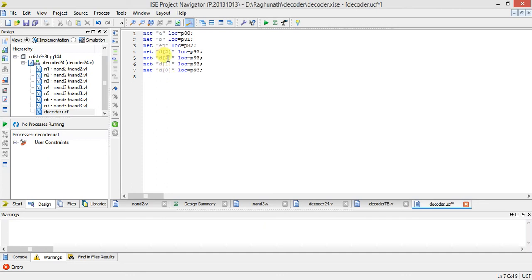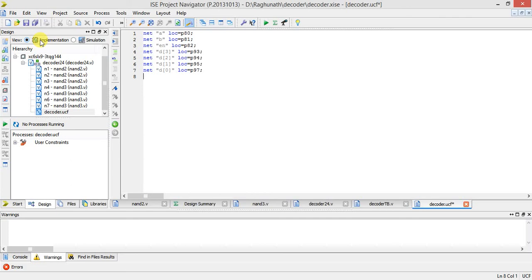So D3, D2, D1, D0 are 93, 94, 95 and 97. Please check it out. 96 is not there in the FRC. FRC1 details are 80, 81, 82. FRC2 pins are 93, 94, 95, 97. 96 is not there. So if you make any mistake, it will give an error in the mapping.